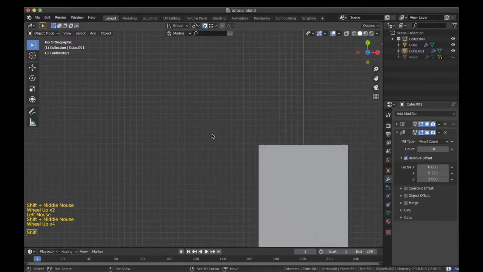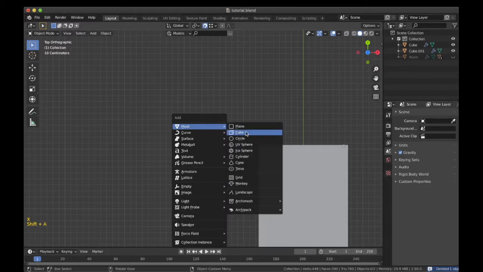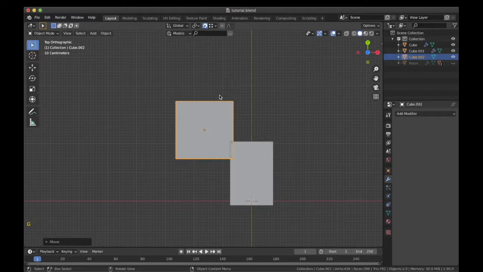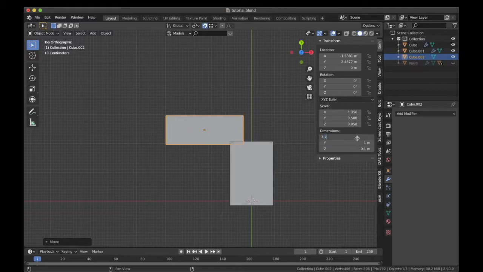Now similarly what I can do is I will create a landing over here using a separate function. We won't be using the same array thing because the landing has different dimensions, and applying the array modifier will be too soon in this case. So again I will go to the dimension settings. Over here I will change the depth to 1 meter, the height to 0.1 meter, and the x will remain as 2.2 meters, sorry 3.2 meters.